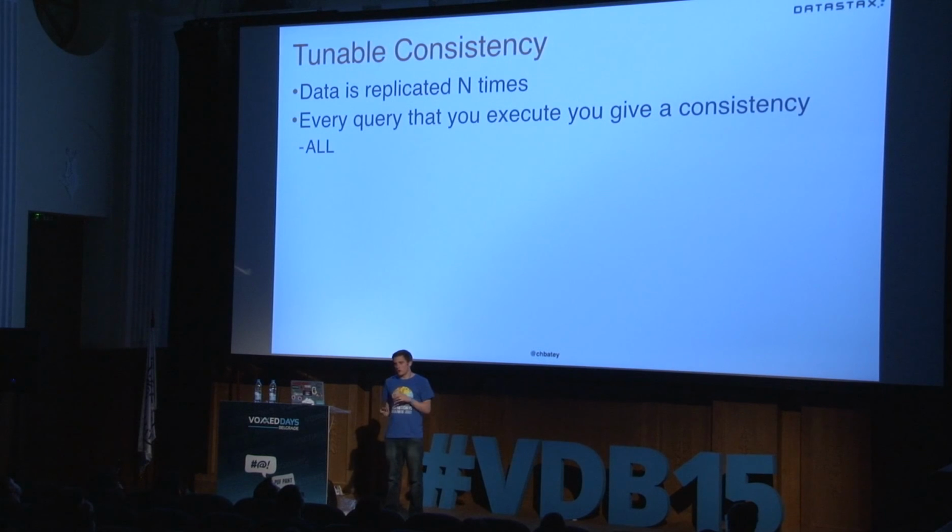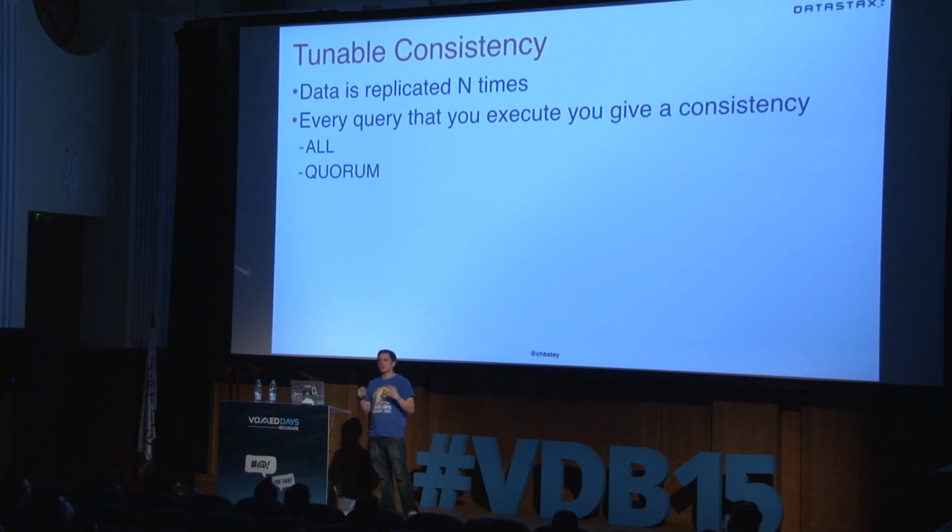So there is one called all. What do you think all means? Every node. So we don't normally do that, because availability then is terrible. Because as soon as one node is down, Cassandra will just say, I can't do that. I can't get to all of them. Quorum is a popular one. So rather than actually worrying about how many replicas are inside, however your Cassandra cluster is configured, let's not worry about how many they put. Let's just make sure I get to a majority of them. So if we've got 6 replicas, it will get to 4 before coming back.